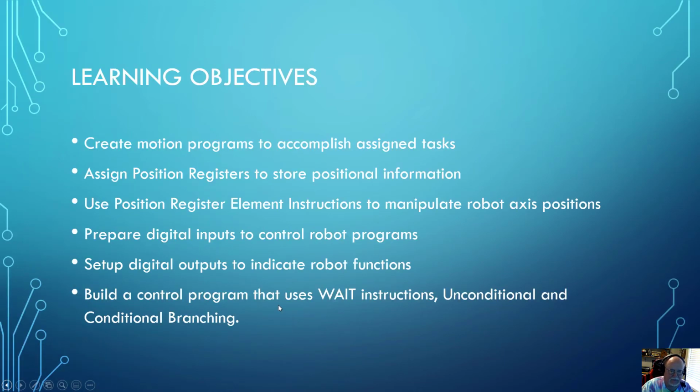Is it going to work here? Yes, there we go. So the learning objectives for this lab were to create motion programs to accomplish assigned tasks, assign position registers to store positional information, use position register element instructions to manipulate robot axis positions, prepare digital inputs to control robot programs, set up digital outputs to indicate robot functions, build a control program that uses wait instructions, unconditional and conditional branching. So this lab contains it all, and really this is going to be more like the